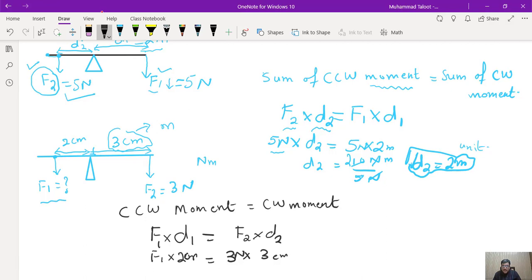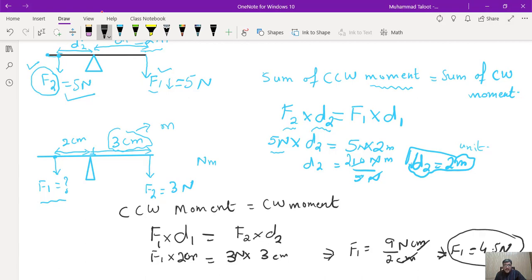So 3 into 3 gives me 9, and here I have F1 is equal to 9 over 2. It is Newton centimeter, because Newton multiplied with centimeter, and here it is centimeter, this will cancel with this centimeter. So now if I divide it, I get F1 is equal to 4.5 Newton. So this force is more. F1 force is 4.5 Newton